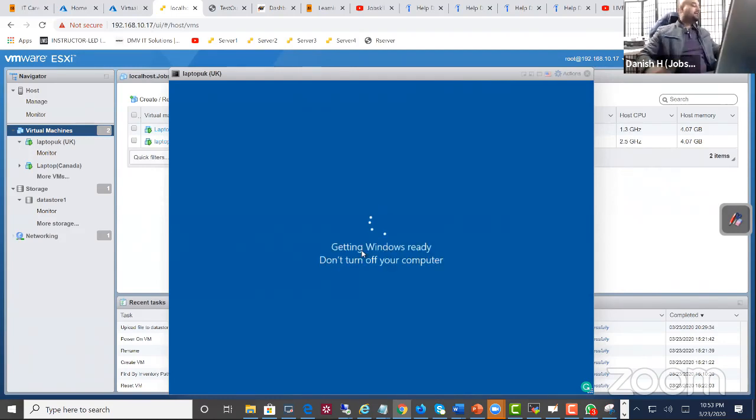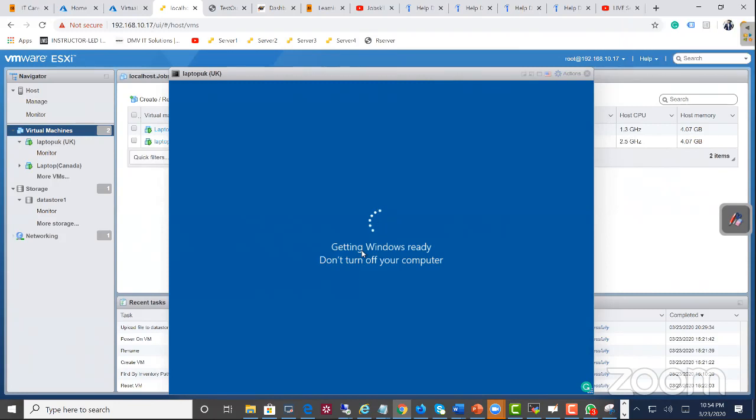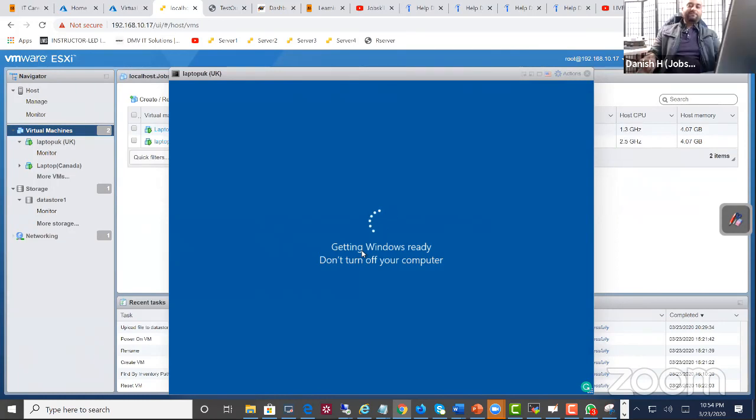Let me tell you something. Throughout my 13 plus years in IT, look at this. What's happening? Windows is getting ready right now. So that has to do with some kind of update. Here's the thing. Throughout 13 years of my life, I have spent many times 2 to 3 hours and figured out at the end that I could have just restarted this thing and that would have fixed the issue. That happened to me so many times that you cannot believe that restarting fixed a lot of issues,